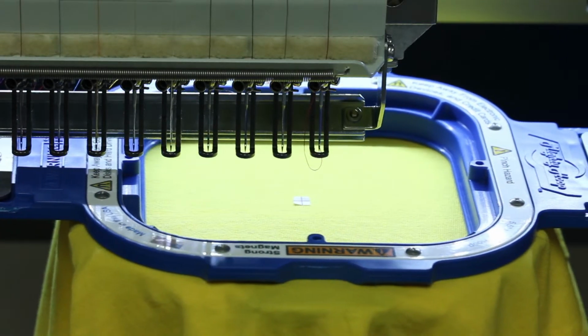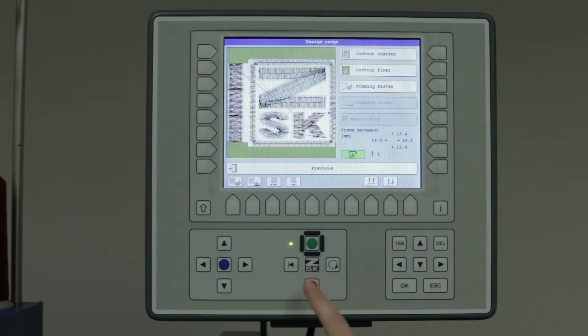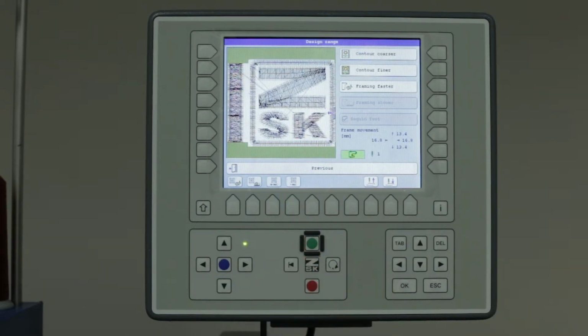And as I trace, in the middle of the trace I say, oh, that's too close to the edge of my hoop. It might hit the hoop. Maybe I need to move it over. I can go over by hitting the ZSK button, over to the pantograph movement. I'm just going to use the 10 pulses at a time,